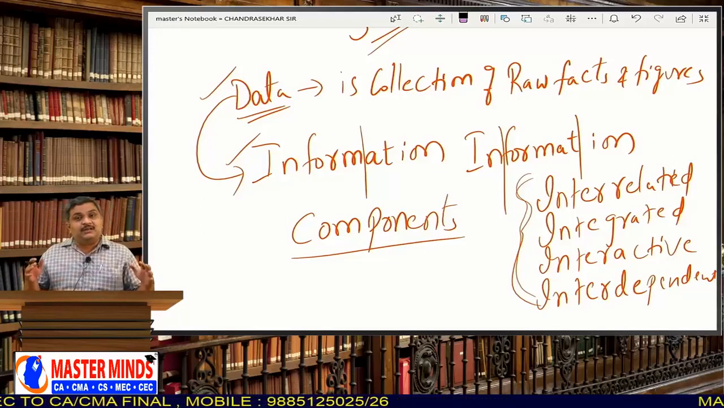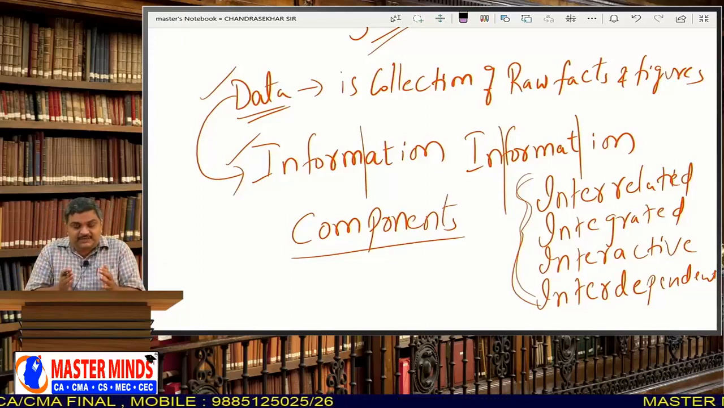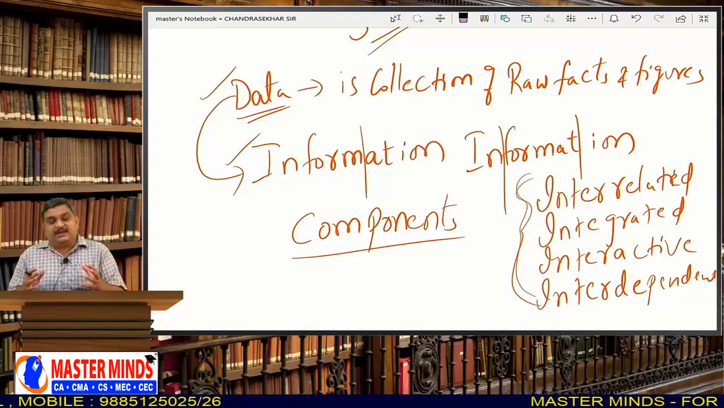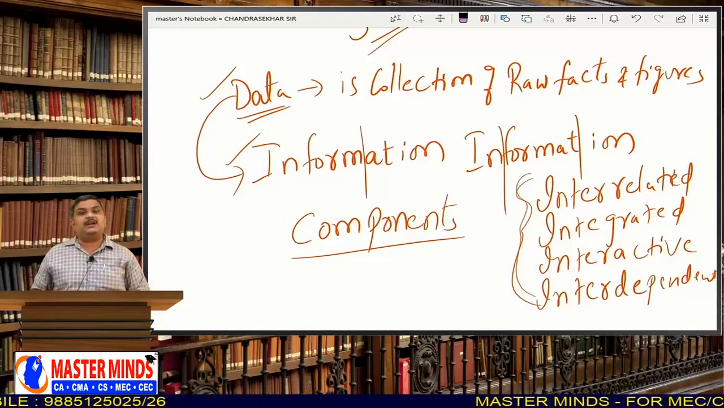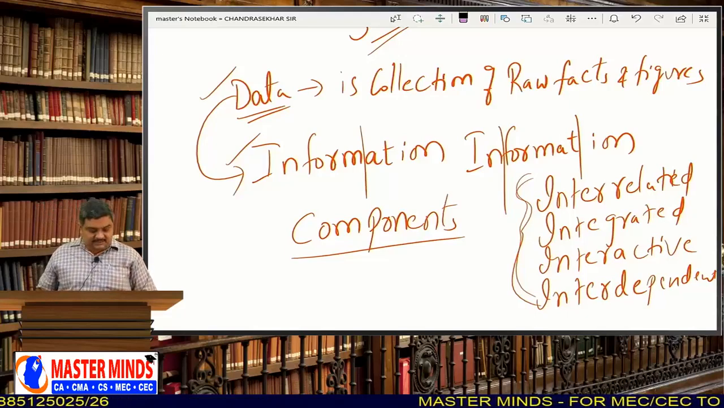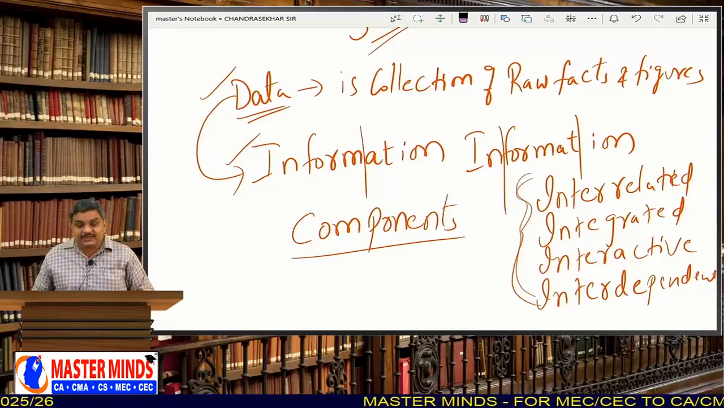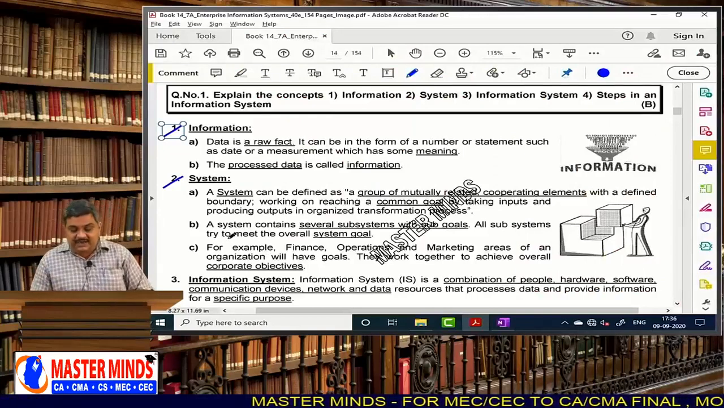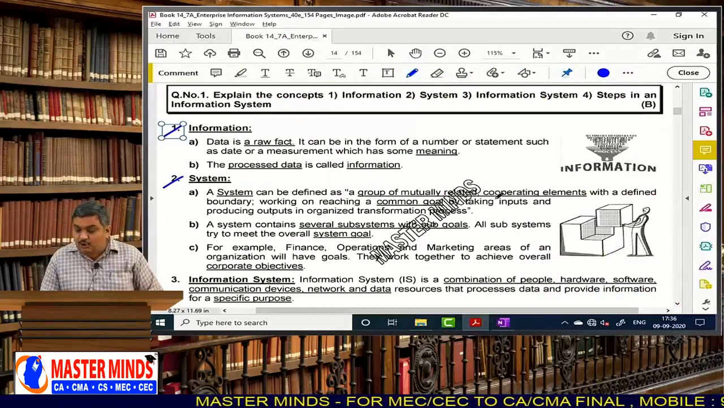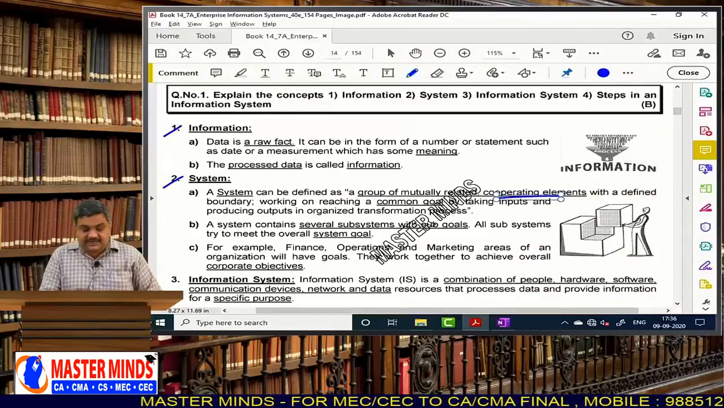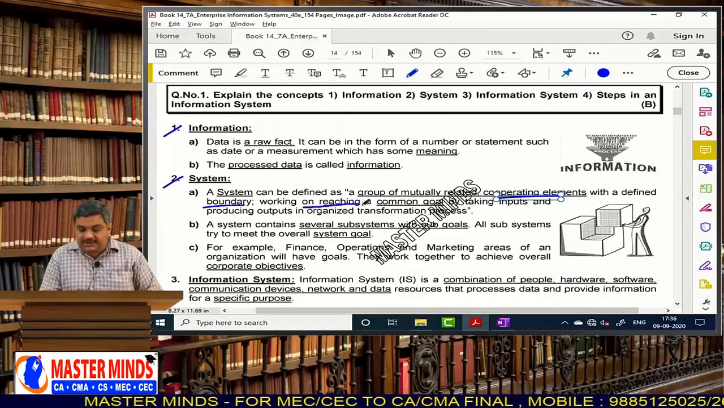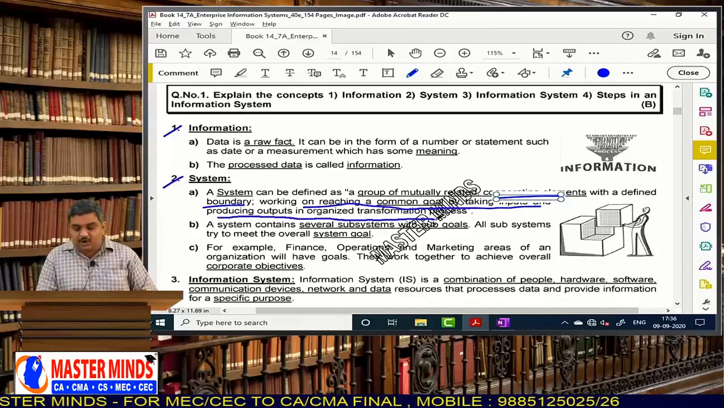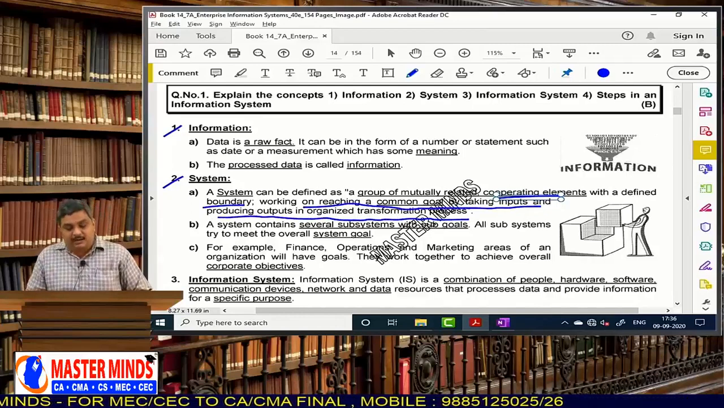What is the logic? There will be some components, and these components work in an integrated, interrelated, interactive and interdependent manner. That can be thought of as the basic understanding of the system. Now, what is said here? A system can be defined as a group of mutually related cooperating elements with a defined boundary working on reaching a common goal by taking inputs and producing outputs in an organized transformation